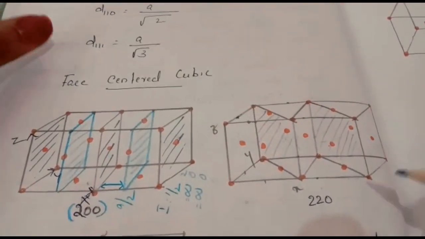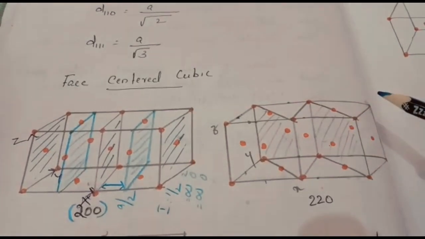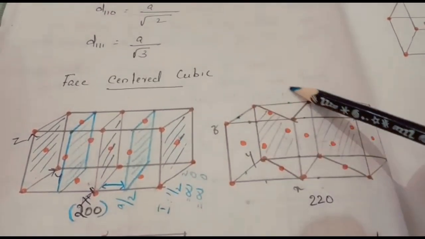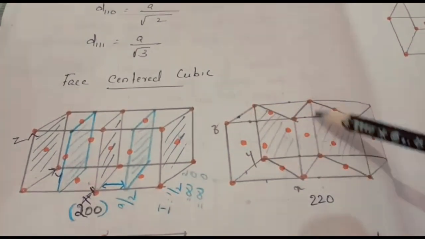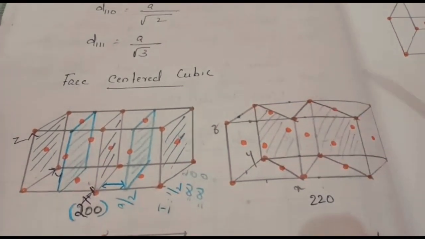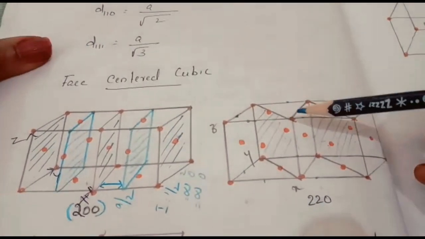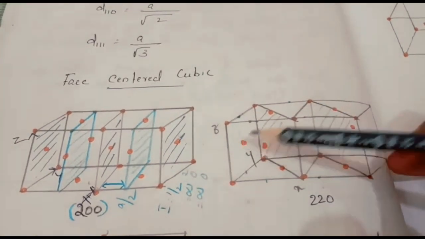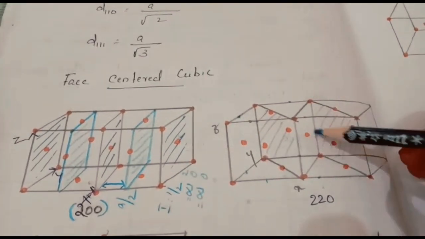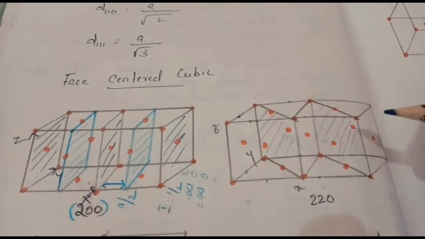So now we will discuss the 110 plane of the face-centered cube. Here also, atoms are present at all the corners and the face centers, and this is a representation the same as the simple cube structure. For the simple cube, 110 is drawn like this. Now we will see whether all the atoms are included in this 110 plane. See here, this atom is missing. Here this atom is missing. So some of the atoms are missing in the face-centered cube 110 plane.